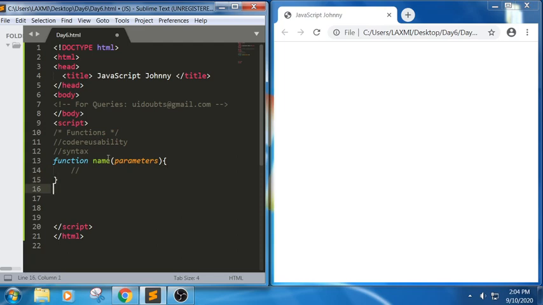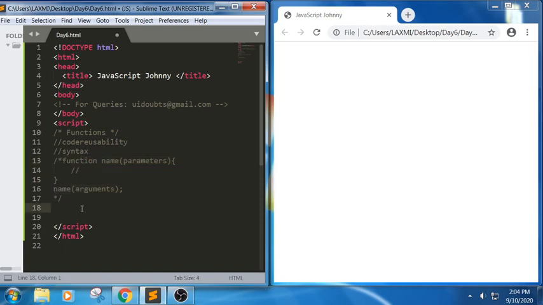Suppose if I want to call this function, I can put the name here, and in this we will pass the arguments. So this is the syntax of a function. A basic function will have function, everything in lowercase, followed by function name, followed by parameters and the function body, and followed by we need to call the function with the arguments. So this is the basic syntax of a function.